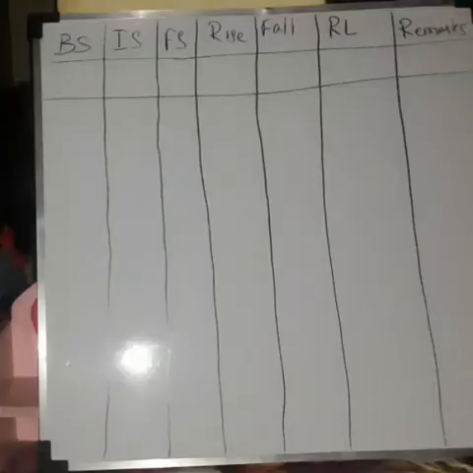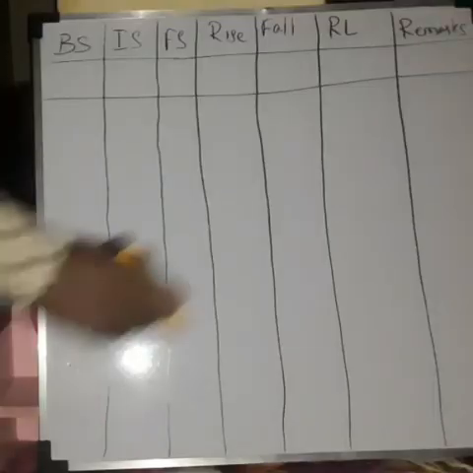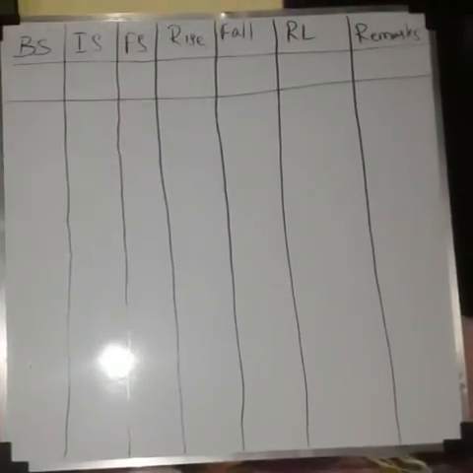This is the table used to find out the RL of given observation by using the rise and fall method. First of all, we will enter the given observation into the table. We already discussed the number of observations taken by using the level instrument.